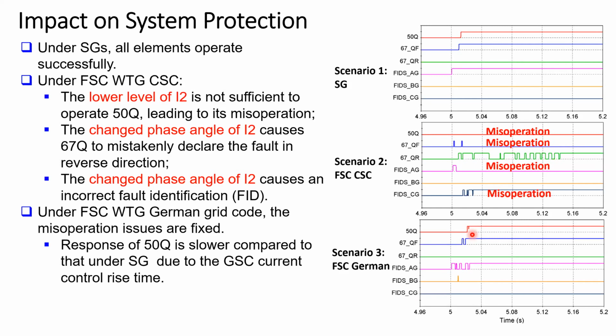But of course, if this is not sufficient, you can reduce the GSC time delay, the GSC rise time. In our case study, I think it was 5 milliseconds, and it delivered the desired operation time. Because it depends on control, by adjusting the control gains and time delays, you can achieve the operation time that is desired.